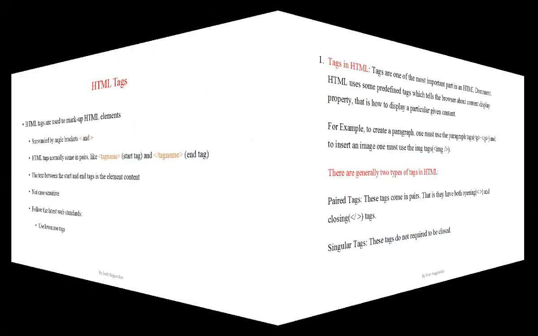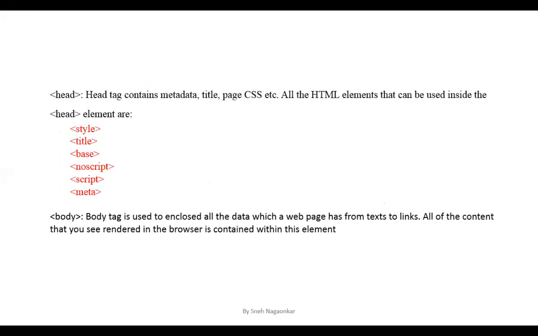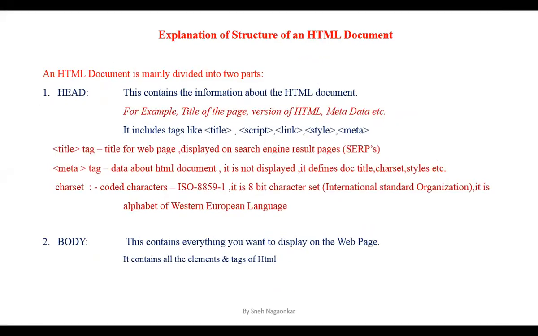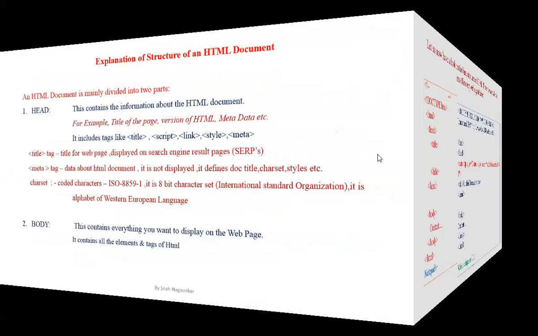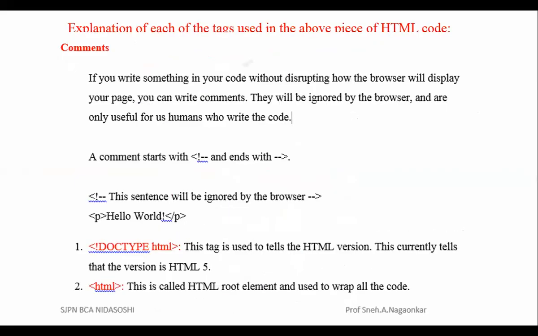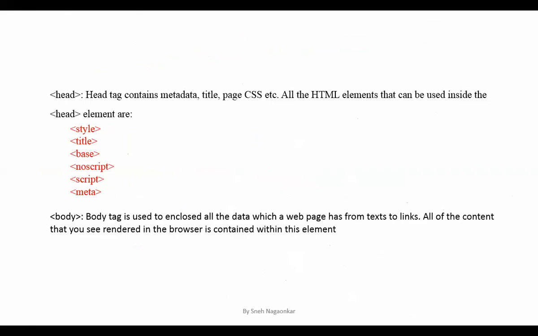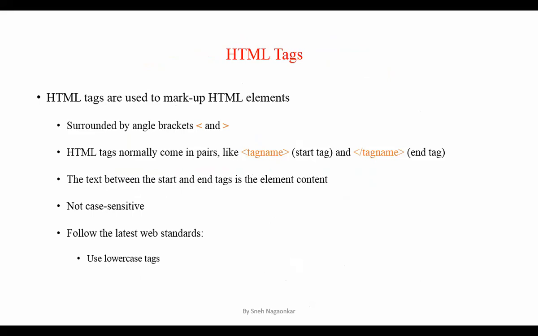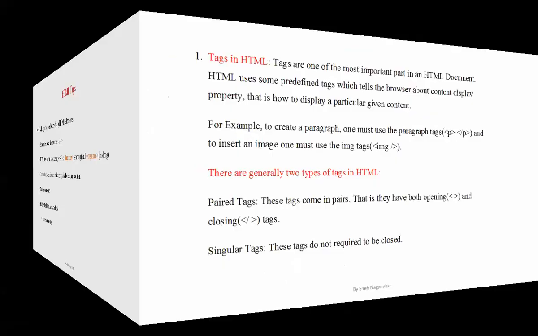Just now I told you practically with Notepad++. This was the explanation, right? So write the answer here. Okay, so write this explanation from here. You can write about the head tag. Okay, then go to the body tag. After going to the body tag, what you need to do is refer to this structure. Then I explained what is doc type, what is HTML, what comes into the head tag, what comes into the body tag. Okay, what are HTML tags, what are the features, rules and regulations of tags.